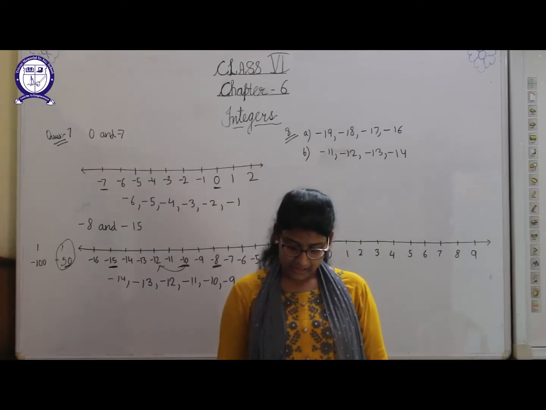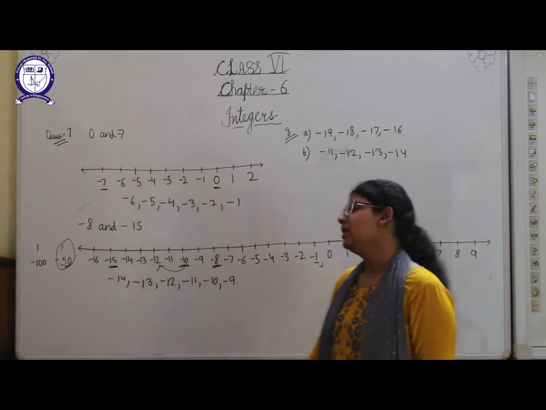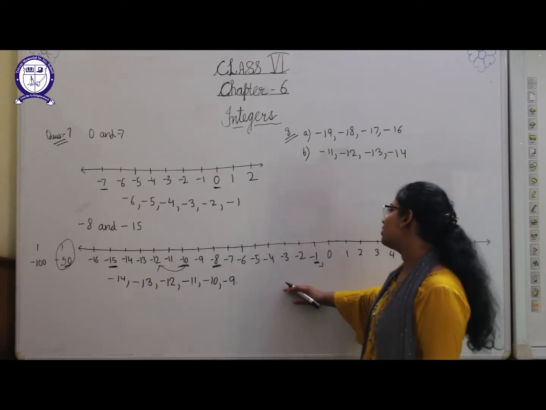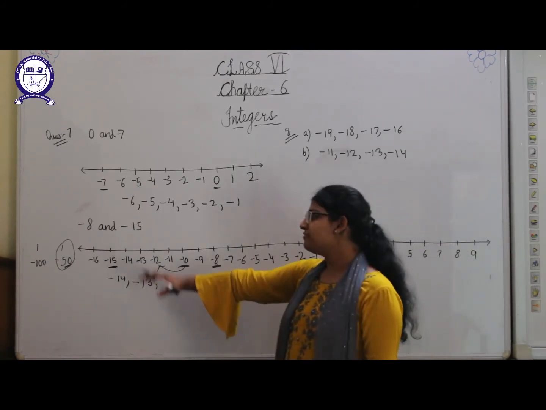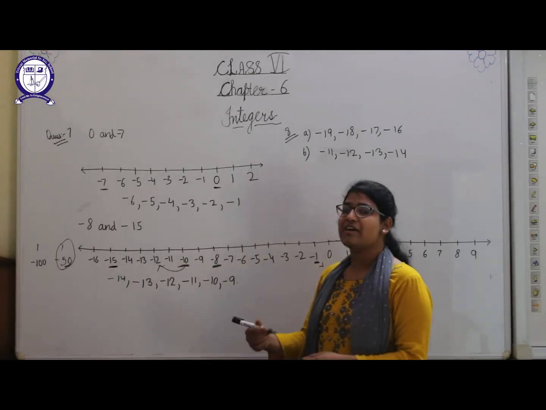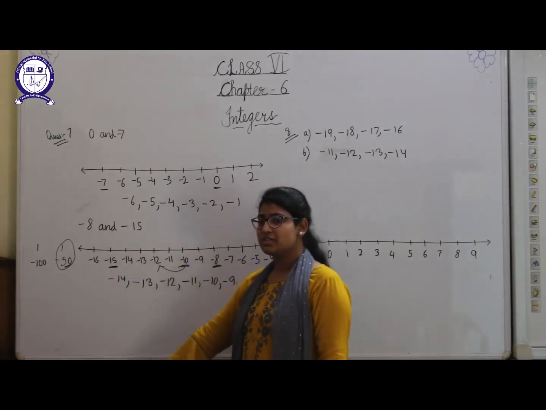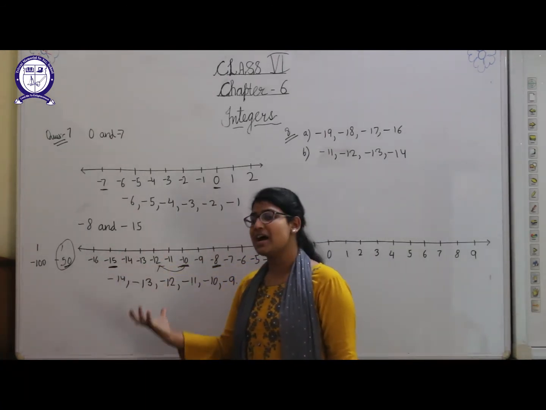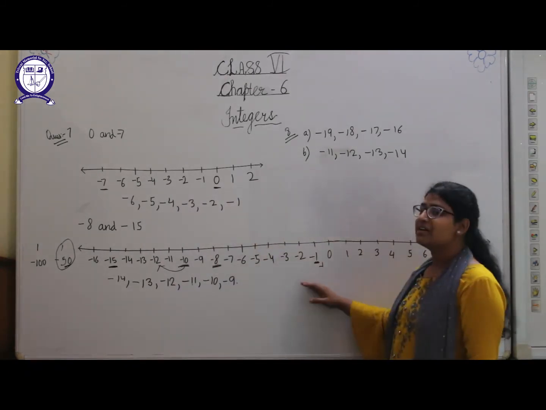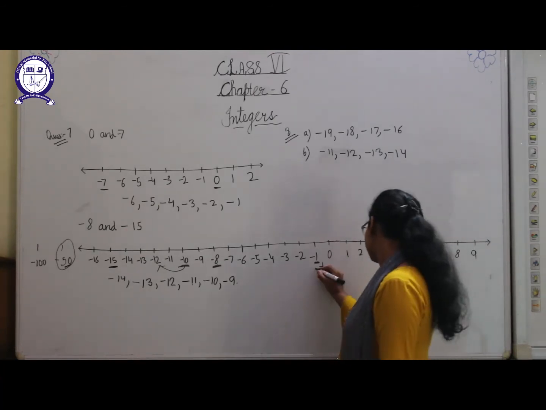Now C part is: smaller negative integer is minus 1. Is minus 1 a smaller negative? Students, as I told you earlier, if we go to the left, the values keep on decreasing. So if we have to tell the smallest negative, if we keep on writing the negative integers, it will never end. So we can't tell the smaller negative. And if we talk about minus 1, then we will say that minus 1 is the greatest negative integer.